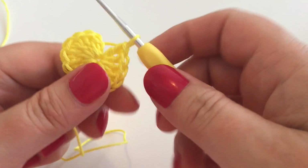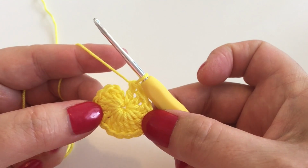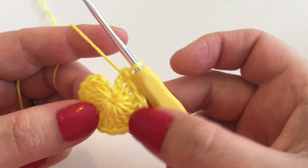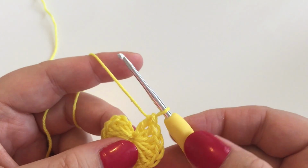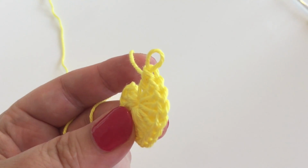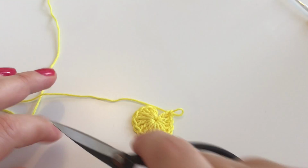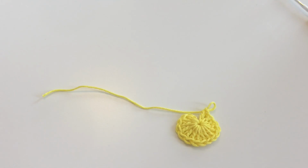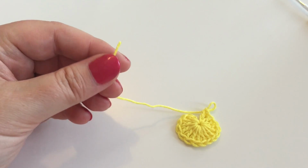Okay, so here I am at the end of my round, and I want to fasten off because I'm ready to change colour. So I finished the last stitch that I need to do in this round, and what I'm going to do is take my hook out. You'll see it leaves the loop live, that's what we want, that's fine. And I'm just going to snip the yarn. We don't need to leave too much of a tail, just enough to sew in later, so that's perfect. Thread your needle,